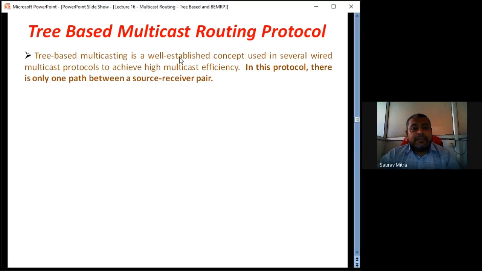So tree-based multicast routing is a well-established concept used in several wired multicast protocols to achieve high multicast efficiency. What is meant by efficiency? How much data packet we are transmitting divided by data packet plus control packet. This is a question which is frequently asked as a short question. Efficiency of routing is total data packet transmitted divided by total data packet and control packet transmitted over the network